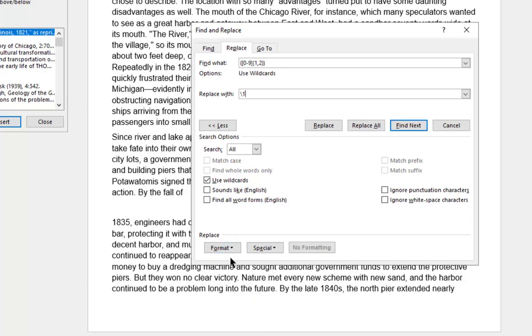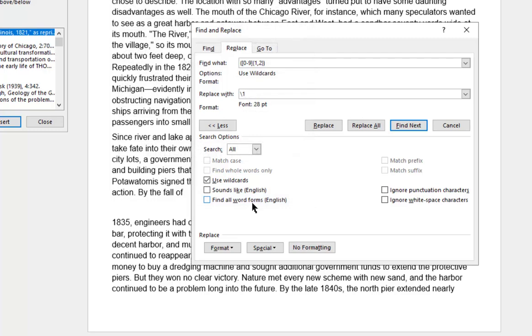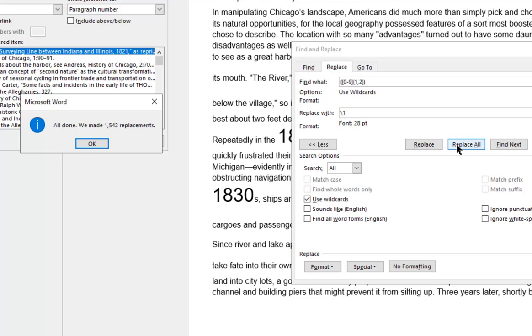I'll choose Font and set the size property to 28 point and press OK. I'm going to trust this code to find and replace all numbers in the document with larger numbers, but it's not a bad idea in a situation like this where you're doing a global document change to save a copy before making changes that may not be evident until it's too late. After I choose Replace All, I see that it made a lot of changes. However, it should be very easy to set all text back to a regular size font when I'm done inserting